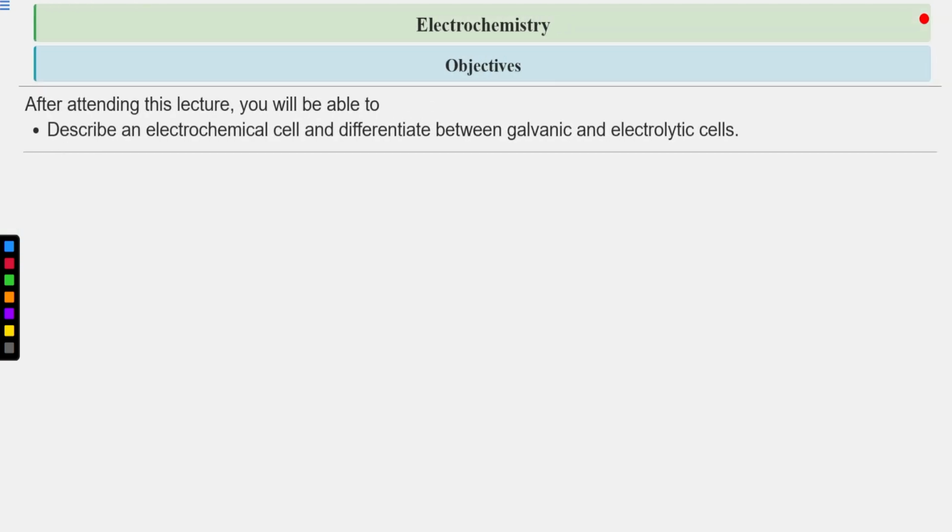Okay, so first of all, let's talk about our objectives. After attending this lecture, you will be able to describe an electrochemical cell and differentiate between galvanic and electrolytic cells. Okay, so this is the objective of today for studying this chapter, which is electrochemistry. Electrochemistry comes in the physical part of chemistry, right? Where we study different cells and their